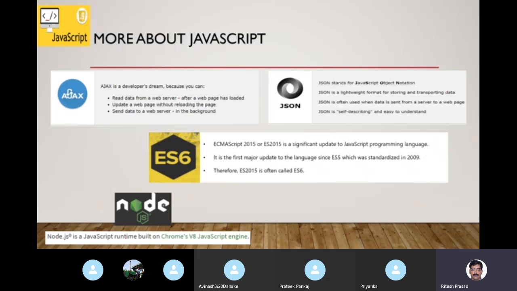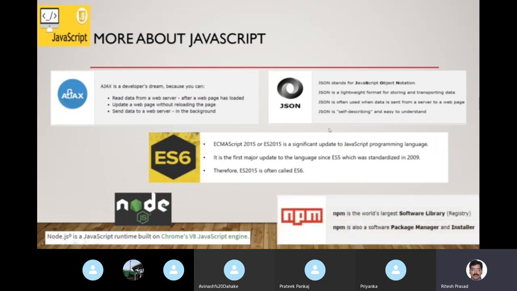Now, Node.js is open source, so you don't have to pay for using Node.js. The only thing that you'll have to do is go on a Node.js website, download the binaries for your operating system and start using it. Of course, you will have to learn to use Node.js and learn to write JavaScript code which will work on Node.js. But as it is open source, there are millions of contributors, and Node.js is